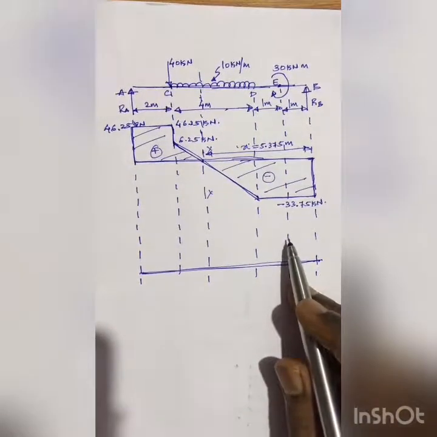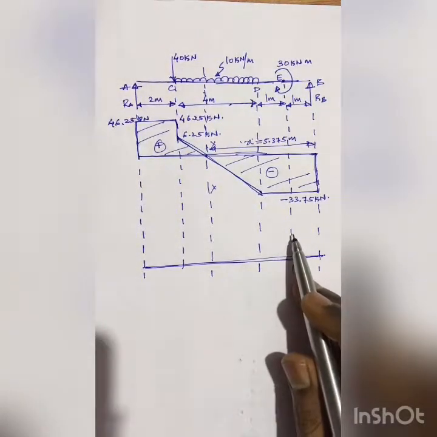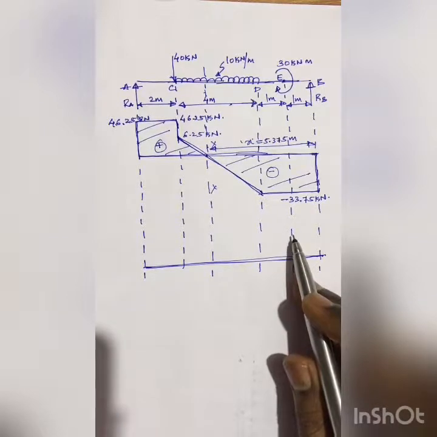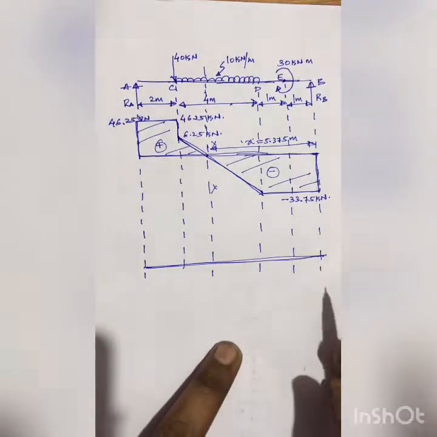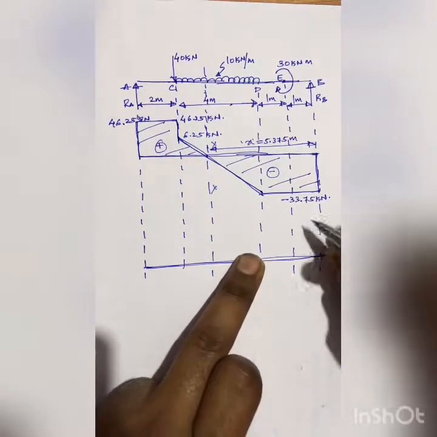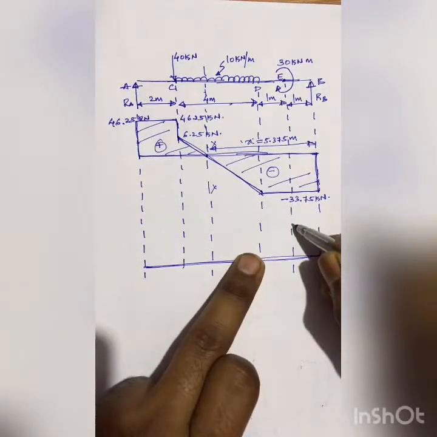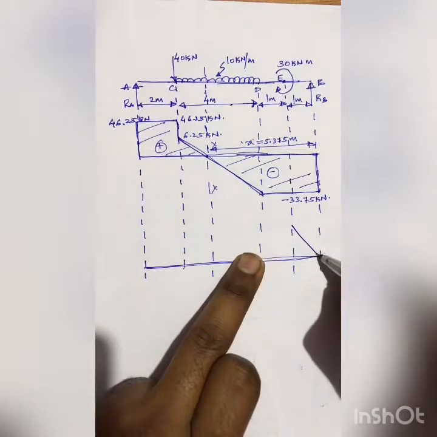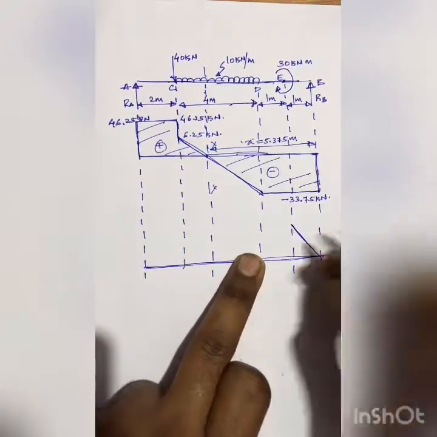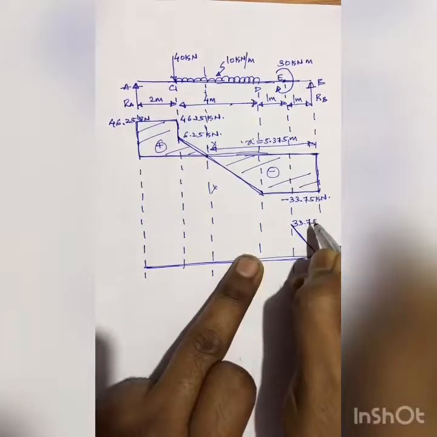At E we have found out the bending moment twice, once by neglecting the couple and second time by considering the couple. So without couple we got the value as 33.75 kilonewton meter, and the variation from here to here will be linear variation. This value is 33.75